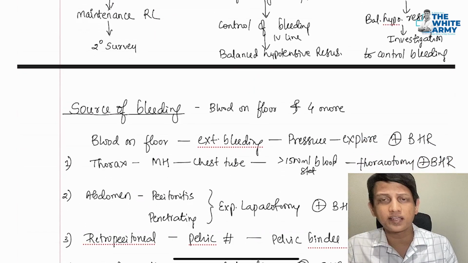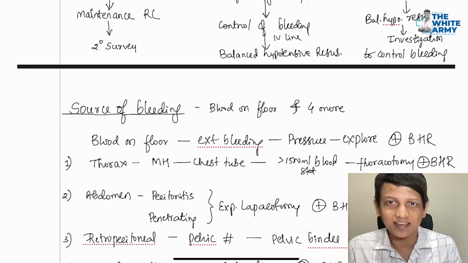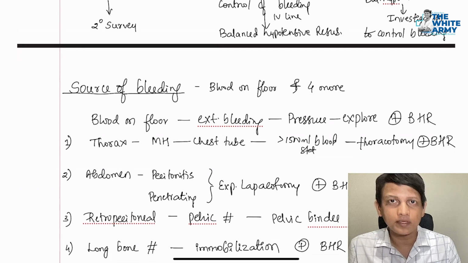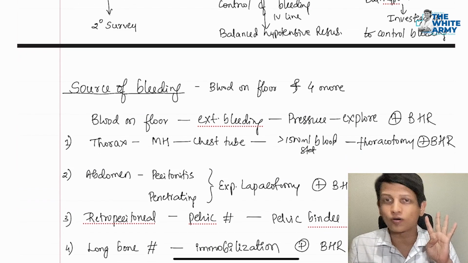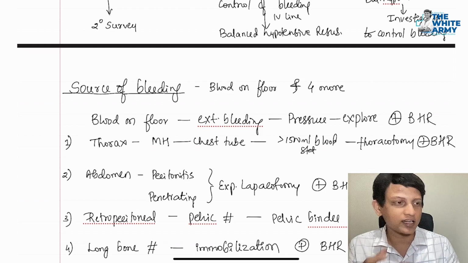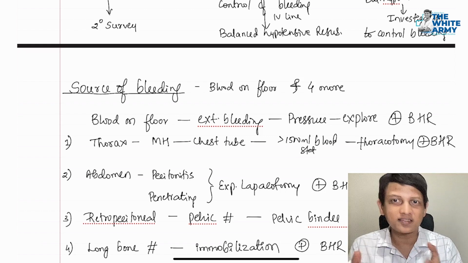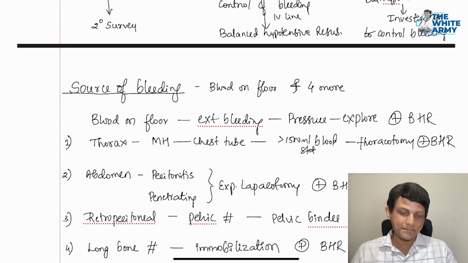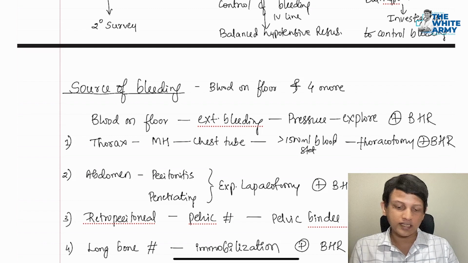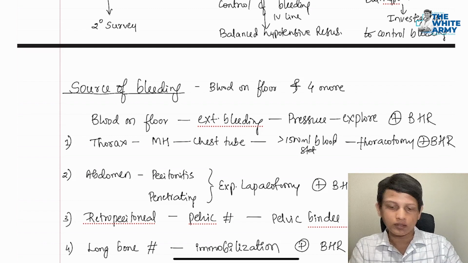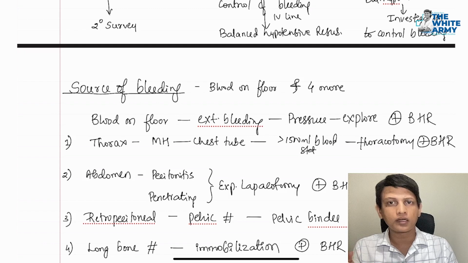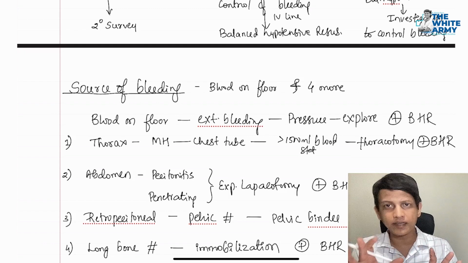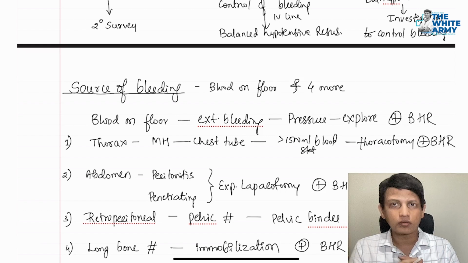Sources of bleeding can be, as the protocol itself says in detail, blood on the floor or four more. The patient is in the emergency, and you can see the blood on the floor. That means it should be bleeding from the limbs, from external organs, limbs only. So blood on the floor means external bleeding. Just put pressure over it, most of the bleeding will stop. If not, then you can put the tourniquet, then you can explore and stop the bleeding,